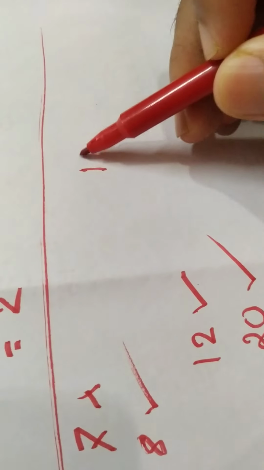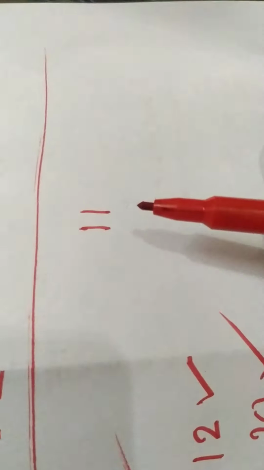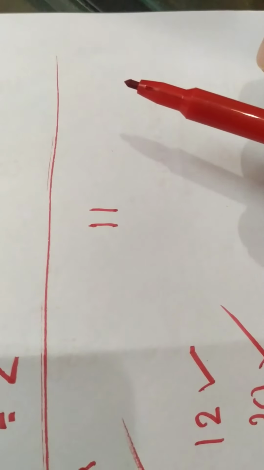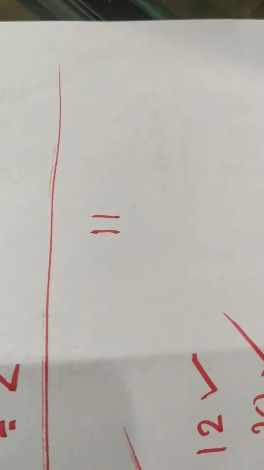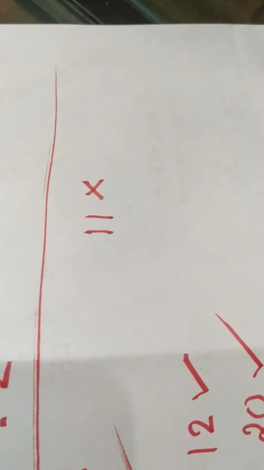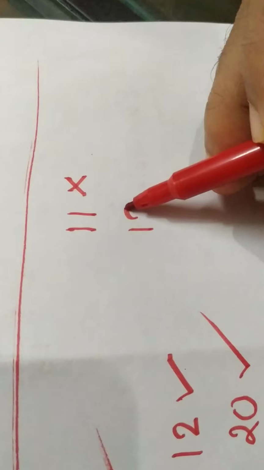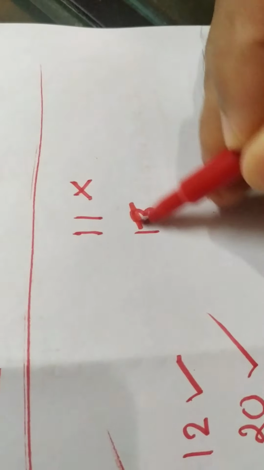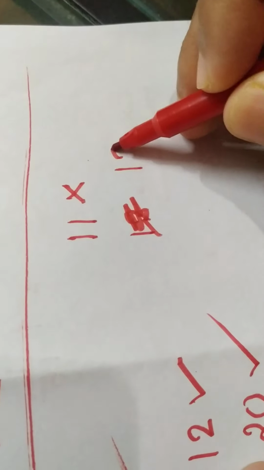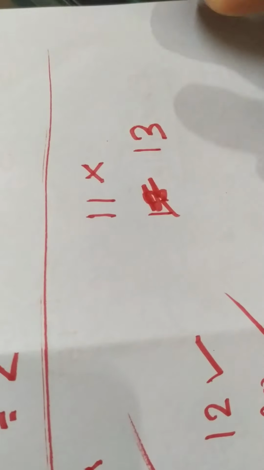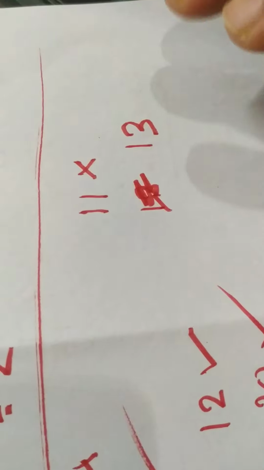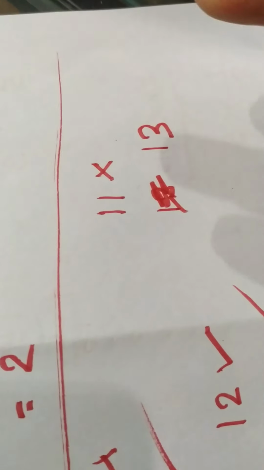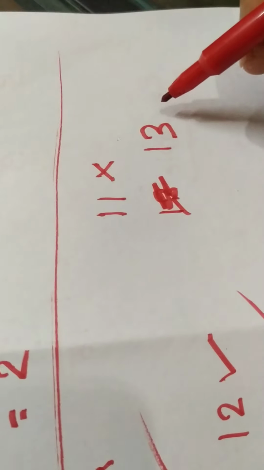Now let's try out some odd numbers. What about 11? When I divide 11 by 2, what do I get? 5 2s are 10, plus there is a remainder of 1. So since there is a remainder of 1, this is not even. This is odd. What about 13? Let me rewrite that. What about 13? Well, 13 divided by 2, what does it give us? 2 6s are 12 and there is a remainder of 1. There is a remainder. So it's not divisible by 2. So it is